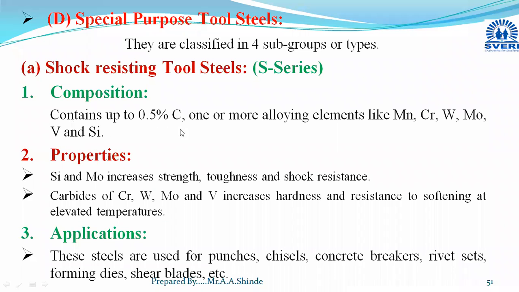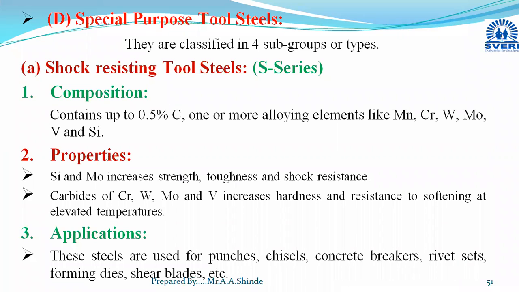It contains 0.5% carbon and one or more alloying elements like manganese, chromium, tungsten, molybdenum, vanadium, and silicon. Now related to these properties, as the name itself indicates, due to the presence of silicon and molybdenum, it has very high shock resistance, and along with that it also provides the required strength and toughness. Due to the presence of other alloying elements, they form their respective carbides, and it results in high hardness and high wear resistance at higher